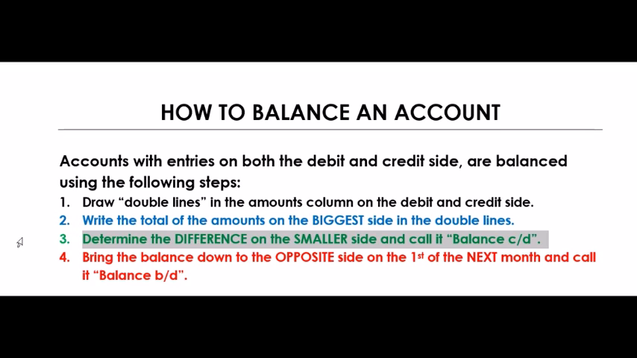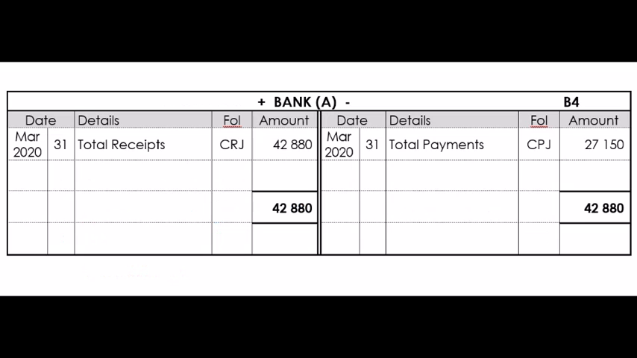Then step 3 said determine the difference on the smaller side and call it balance CD. So if we go back to our bank account, we can see that mathematically this side makes sense. 42,880 equals 42,880. However, on the minus side or on the smaller side, we've got a problem because mathematically this doesn't make sense. 27,150 does not equal